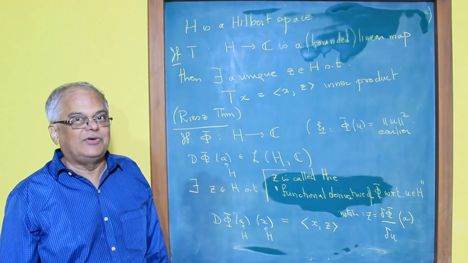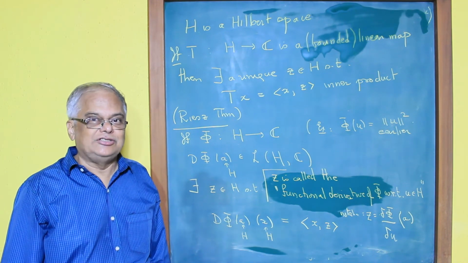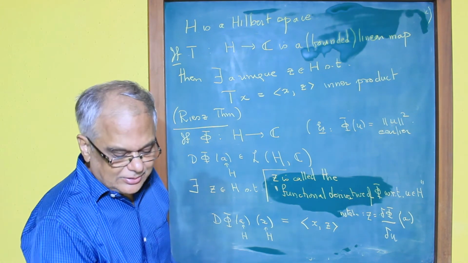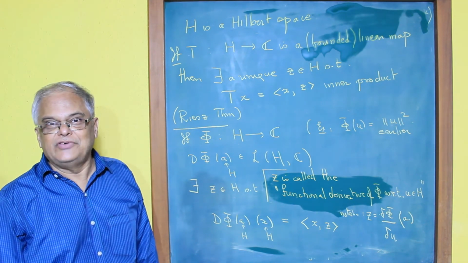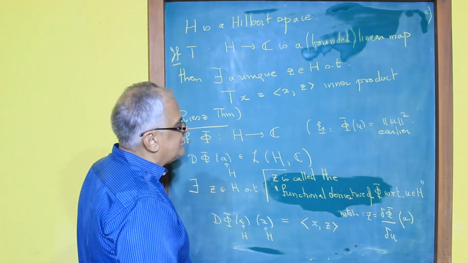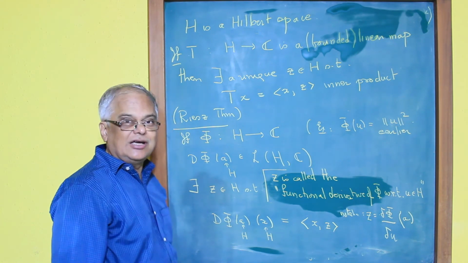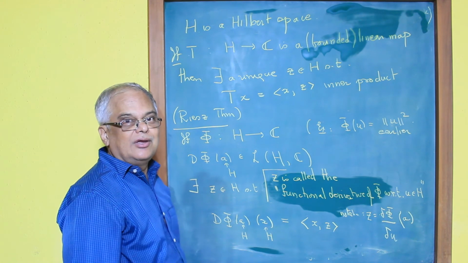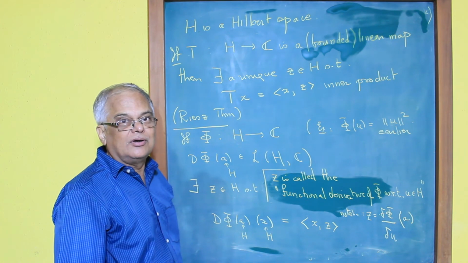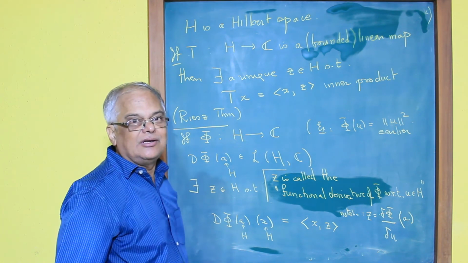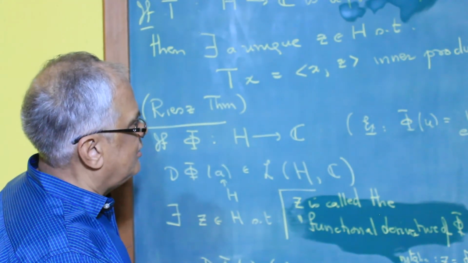Now it turns out this notion of functional derivative is very central and quite important in very large areas of mathematics, and not just mathematics, it is also central to very large areas of modern day physics. Functional derivatives is a term you may not have heard earlier, but you must understand that functional derivatives are just gradients. And they play a very central role in what is called Hamiltonian mechanics, in lots of different areas in physics and mathematics.